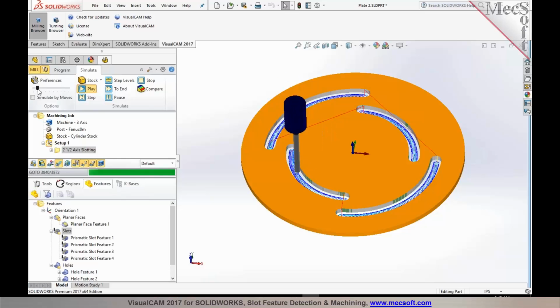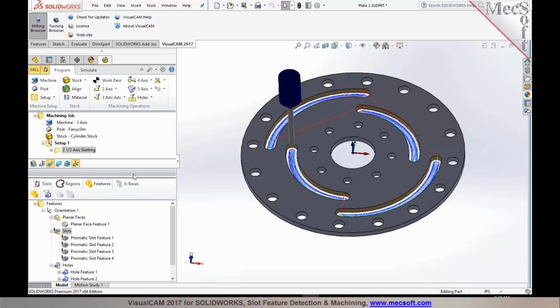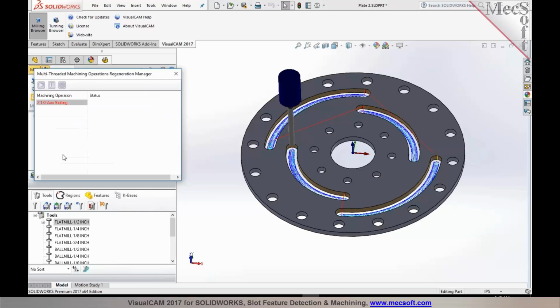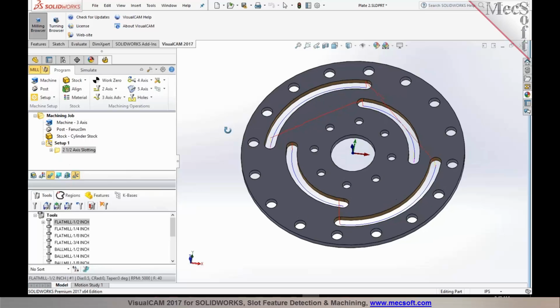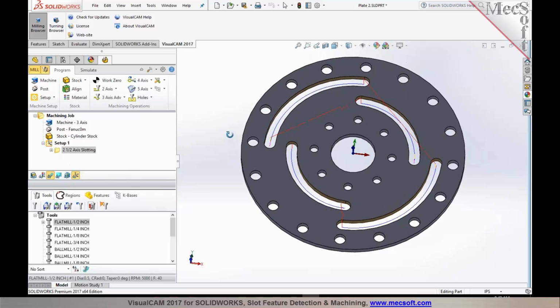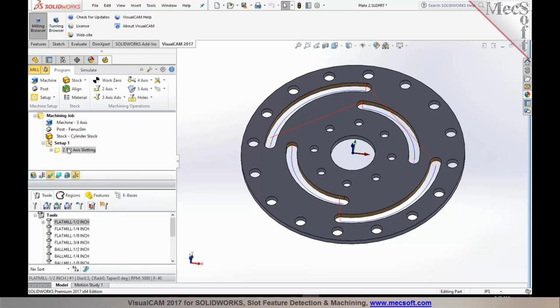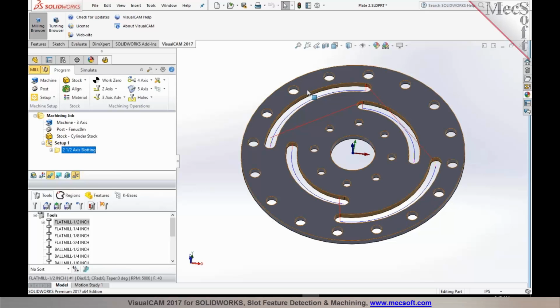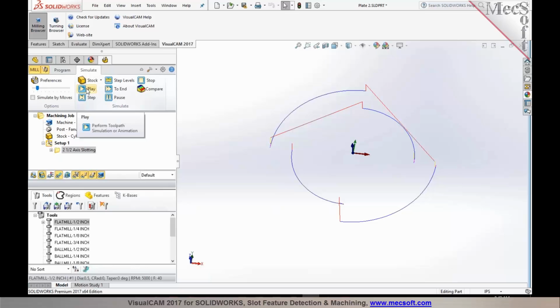Now if you pick a tool where the diameter of the tool is the same as the width of the slot, you will notice that the toolpath that's generated would just follow it like a centerline cut. So in this particular case, I swapped it from a 1/4 inch to a 1/2 inch. You notice that I just dragged and dropped the tool on top of the operation, right clicked and regenerated to compute the toolpath. So now the toolpath, what you see here, establishes the center line